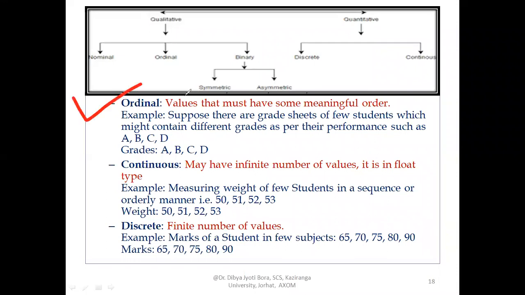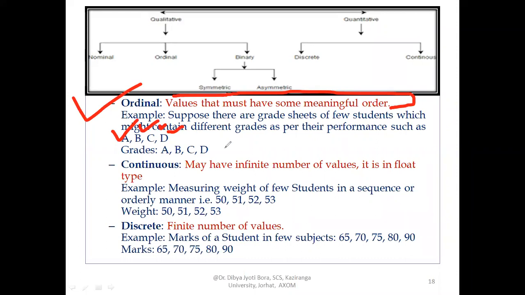Ordinal means values that must have some meaningful order. Ordinal का मतलब क्या है कि अगर कोई एक पार्टिकुलर ऑर्डर को हम मेंटेन करके चलते हैं तो उसे हम ऑर्डिनल बोलते हैं, like your grades. Suppose there are grade sheets of few students which might contain different grades as per their performance, like A B C D. अब ये जो A B C D सबका अलग अलग weightage है